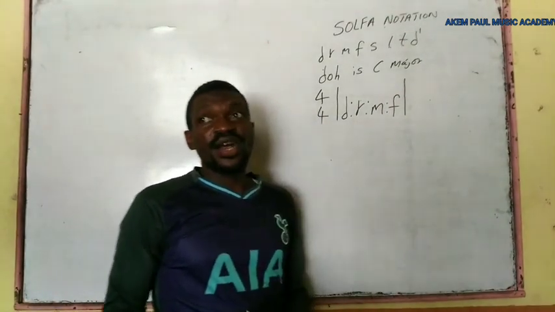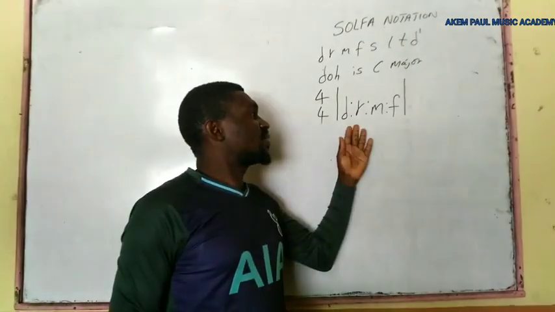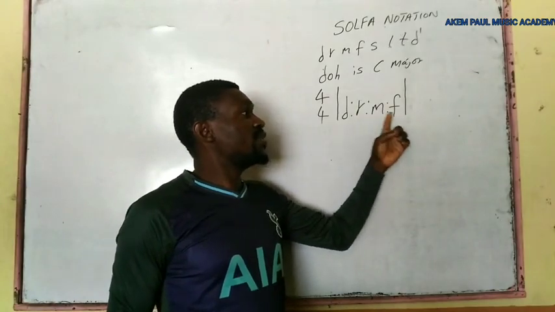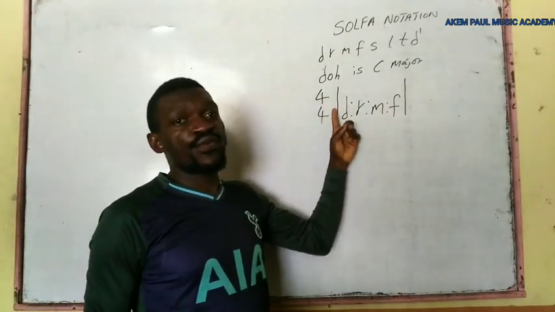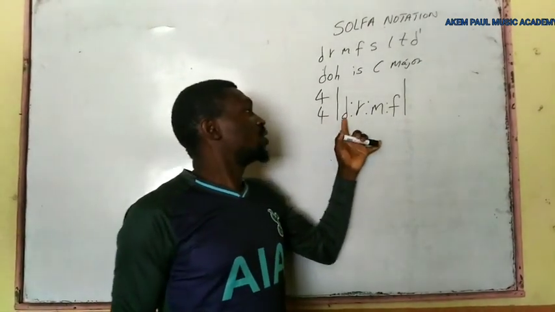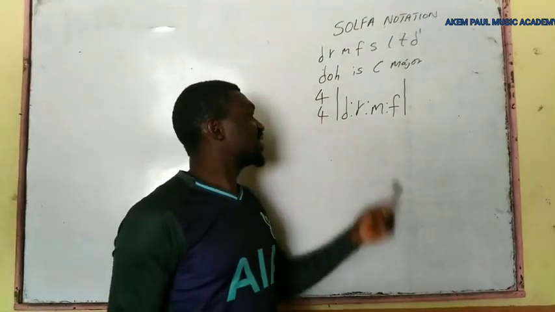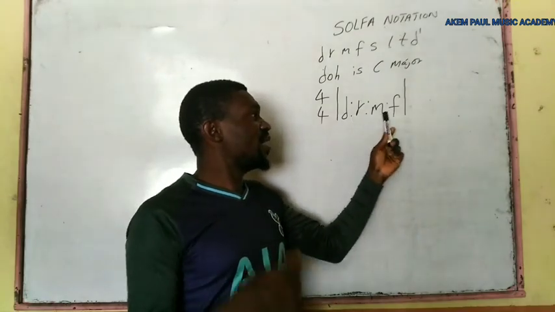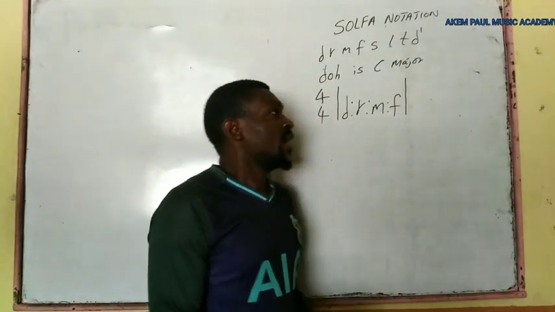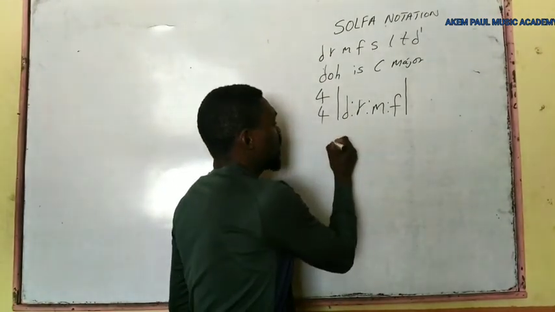Good. Now, how do I interpret this? This is simply Do, Re, Mi, Fa. Now, remember our time is 4/4. We'll talk about time signature in an upcoming video. So, this is 1, 2, 3, 4. I'm singing Do, Re, Mi, Fa. Now, what is the work of this column? That's what we want to know. This column here